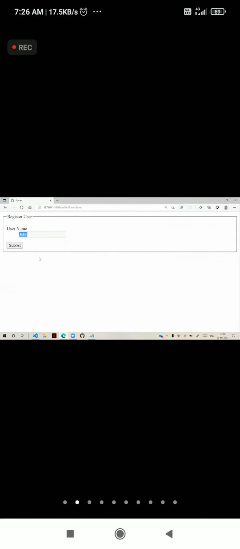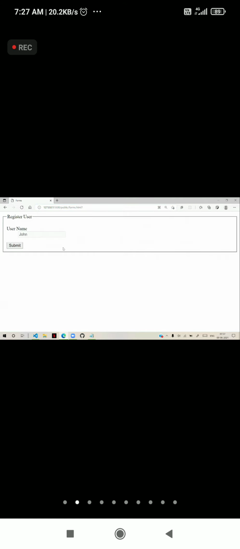Disabled cannot change, and cannot submit. That means when you keep disabled, the form will not submit its value. When I click on the submit button, you can see that it's not submitting the value.